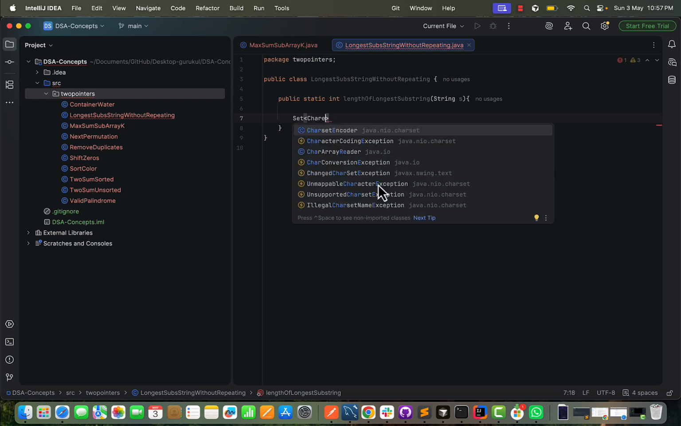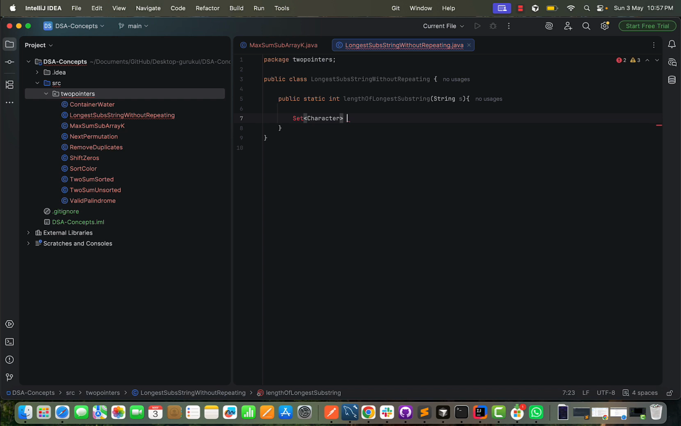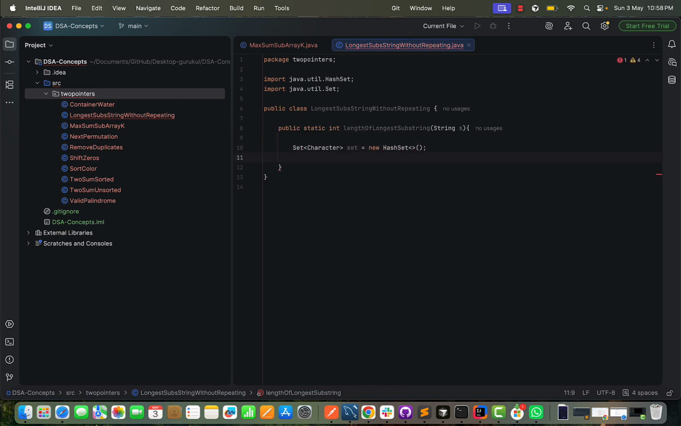So Set of Character, I'm going to give it the name set, equal to new HashSet. Okay, let me import this. Now of course I'm going to start with a left variable that is going to point to the start character, and I need a max length to find out the same way as the previous example. This is going to give me the actual length of the string without any repeating character. Let me define this max length,